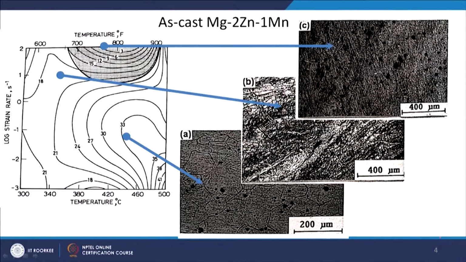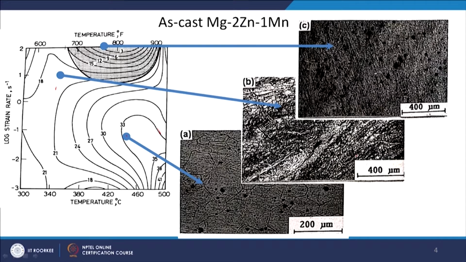This is of the same alloy, but this was in different condition. I think this was homogenized and this was in as cast condition. So, in as cast condition you can see that there is a breakdown of dendritic structure taken place, where you have got this high efficiency. So, this area is where you have got the high efficiency. So, from this particular processing condition a microstructure is taken. So, you can see nice wrought microstructure, whereas at a higher strain rate and lower temperatures you can start seeing some flow localizations here.